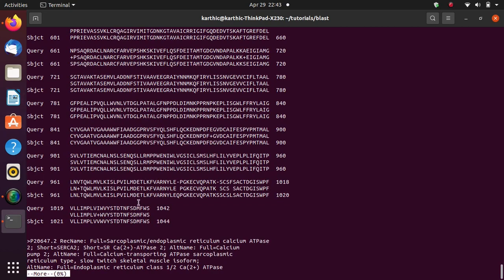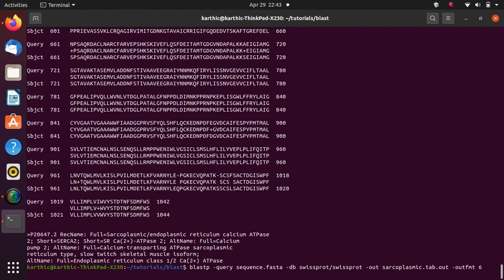This is the default format, which is kind of similar to the one printed on the website. You can use that, but however it is not parsable. I mean, we cannot use it for downstream filtering purposes. So here I will show another output format called 6, which is a tab separated output format. You can run it by specifying an option called outfmt and then 6. That's it. You don't have to do anything else. I'll just change the output to tab.out, and once you hit enter, it will start the blasting.